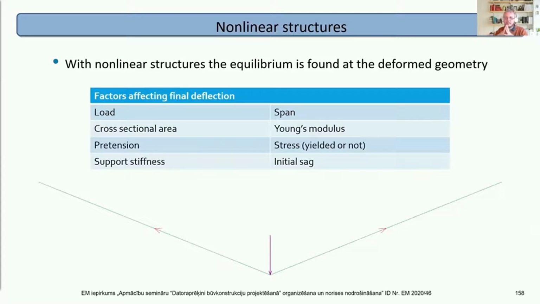So the factors that will affect this final deflection are the applied load, the cross-sectional area of the cable, the pre-tension that we put into the cable, and how stiff the supports are. Support stiffness moving in and out will affect the deflection, possibly quite a lot. What's the span? Obviously, the Young's modulus of the material, and whether it's yielded or not. Interestingly, these cable elements could yield but still remain stable, in that they will yield and then just deflect more,